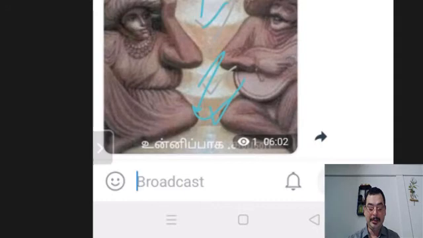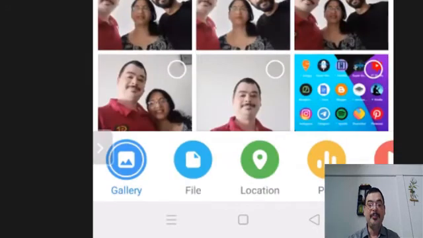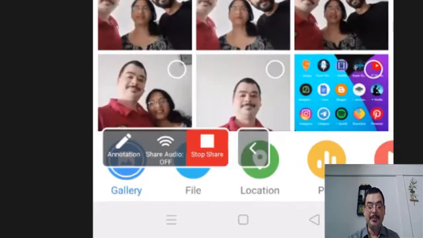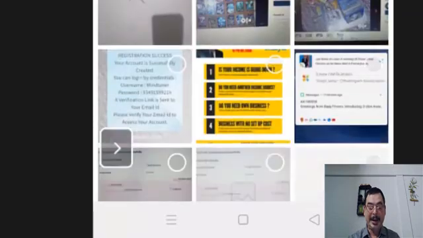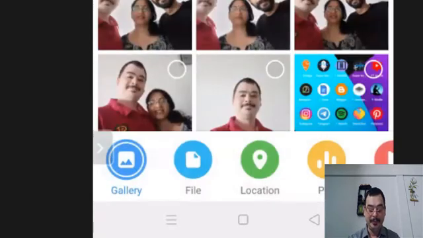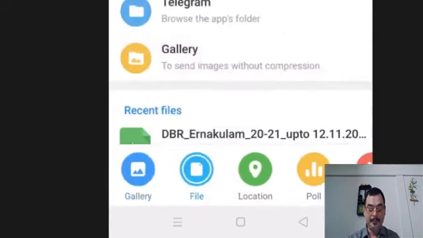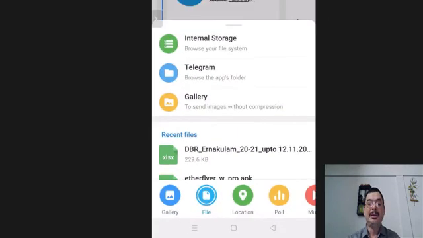The next thing here is the file. When I touch the file, the gallery opens here, and I can transfer any file I want. You can see when I touch the file, it is asking for internal storage, Telegram, gallery.